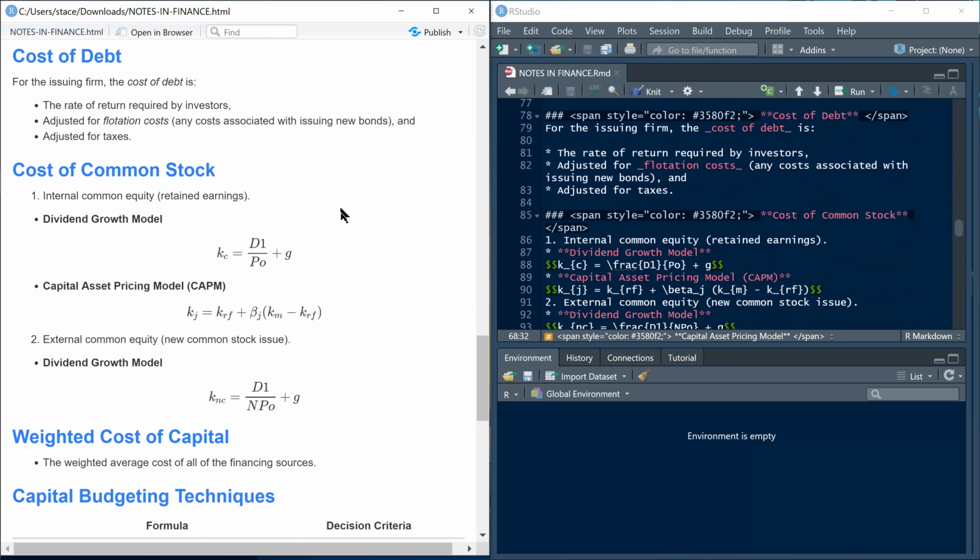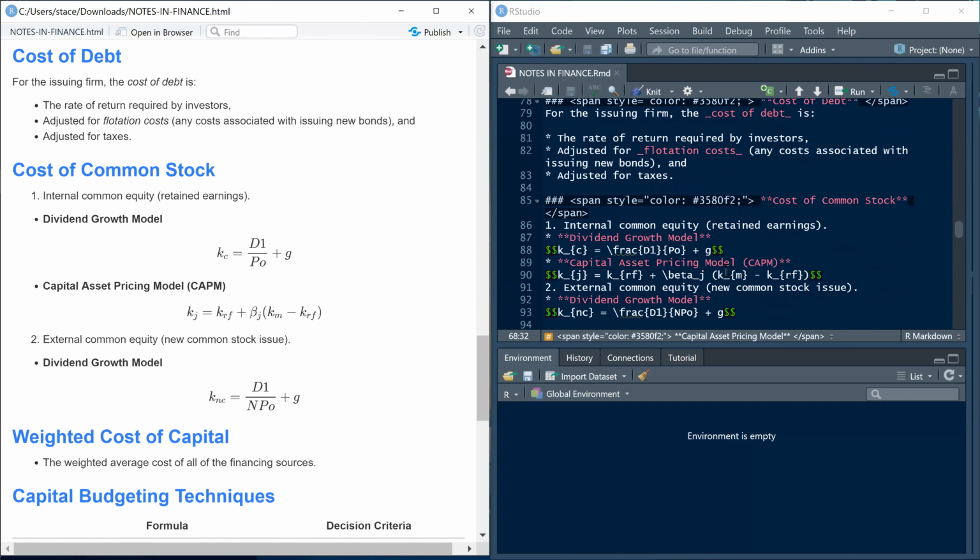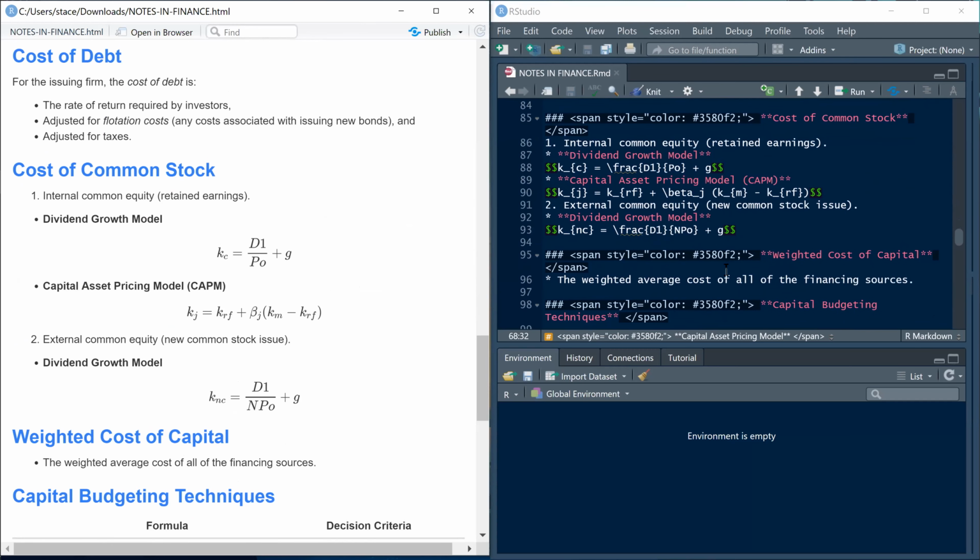For internal common stock equity, you can use the dividend growth model and capital asset pricing model. For the dividend growth model, the formula is cost of equity equals dividend over current share price plus dividend growth rate. And the capital asset pricing model